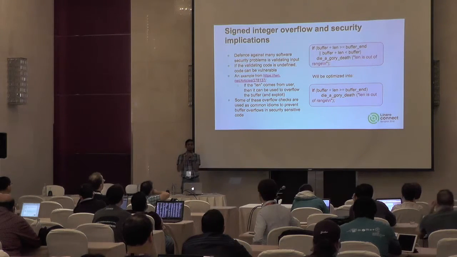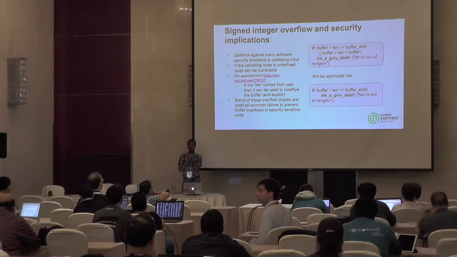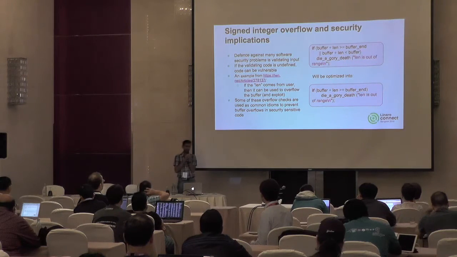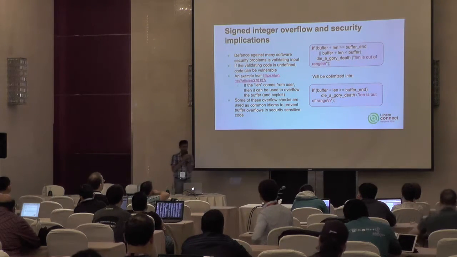Even though you have coded some guard against possible bad inputs, if the compiler optimizes it away, the person who wants to exploit your application can still do that. And a good example for this is